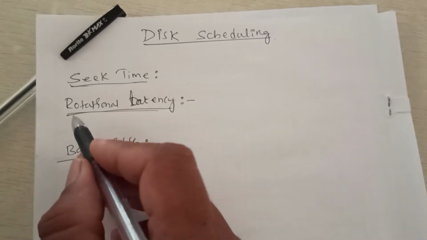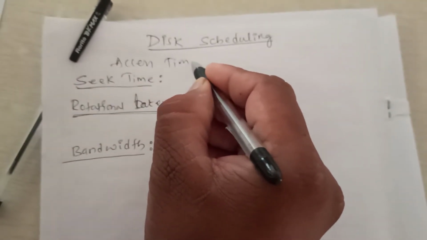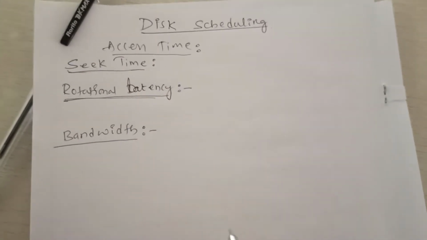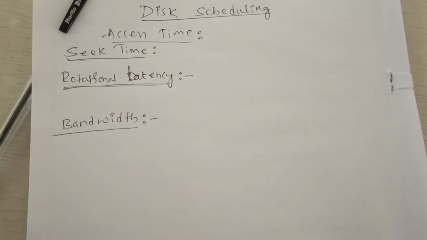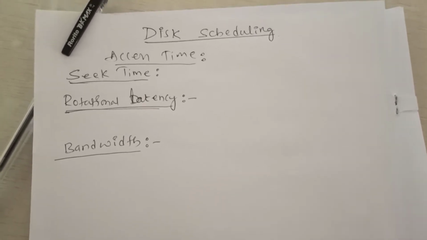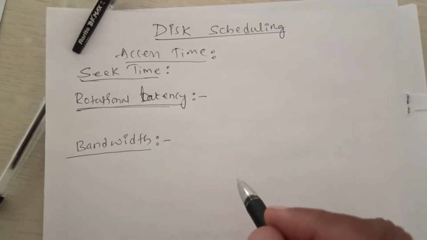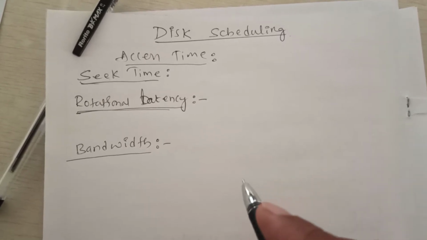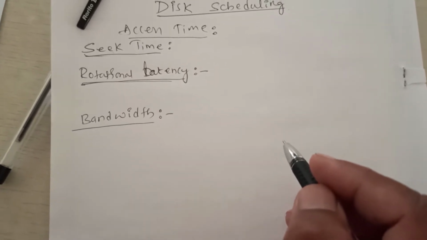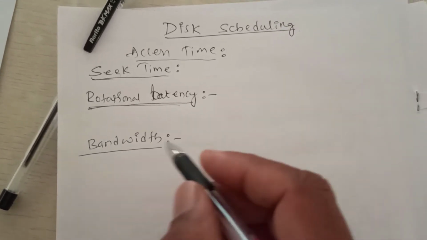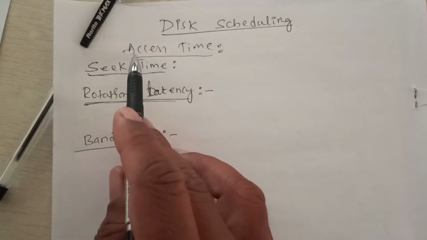There is another thing that we consider in the access time. These are the two major components of access time when you are going to get the data from the disk. The other one is rotational delay. It is the additional time for the disk to rotate the desired sector to the disk head. You have seen the diagram in the previous lesson: there is a need to rotate the disk or the cylinder to reach the desired sector in the disk. That rotational time is considered the rotational delay. These two components are considered the access time.